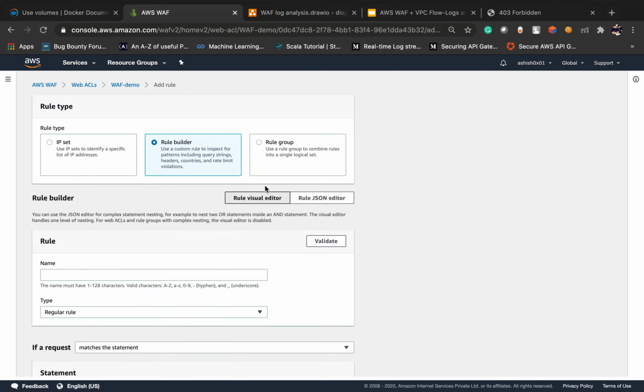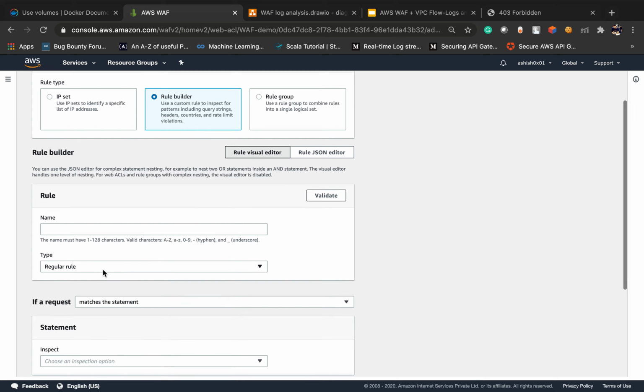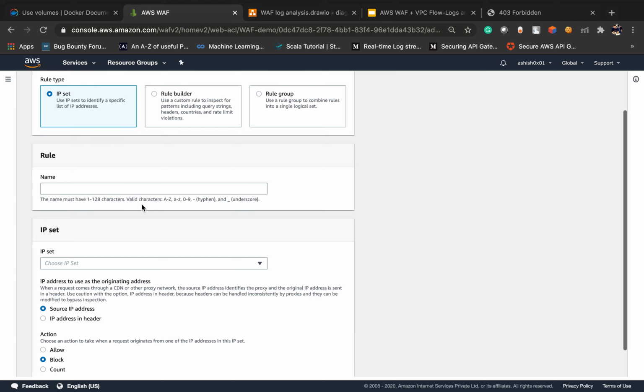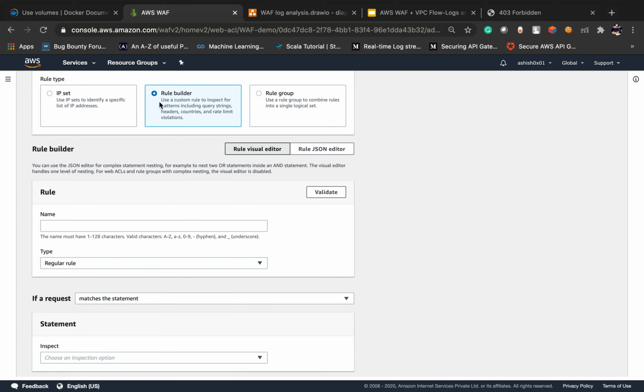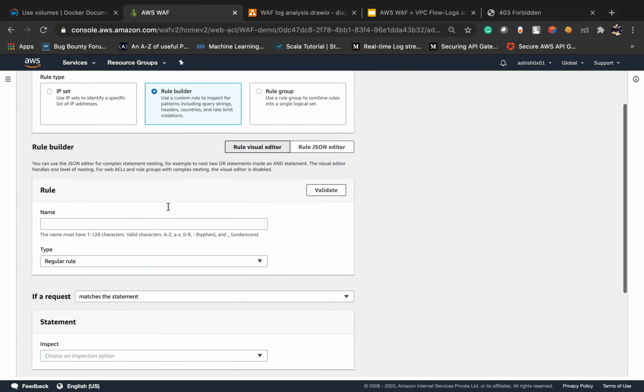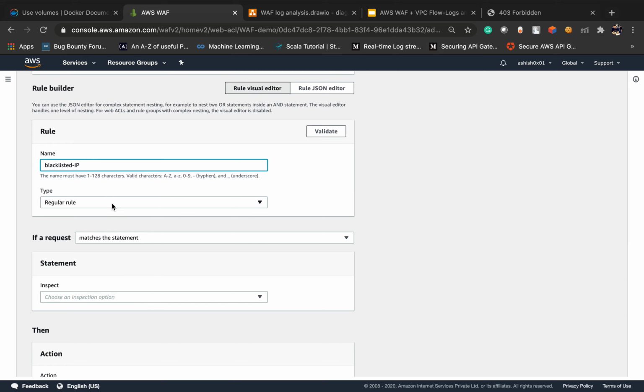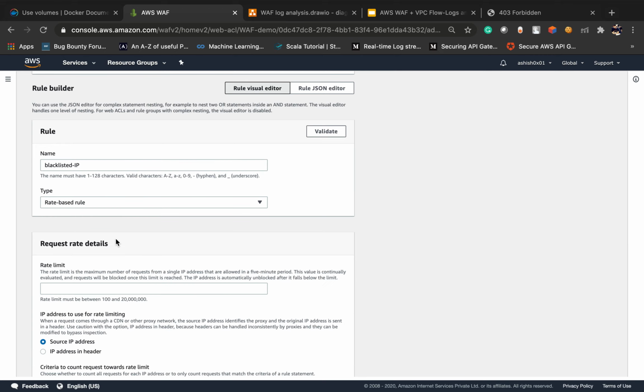Here, suppose IP set, no, the rule builder, it will be our blacklisted IP, a regular rate based rule.